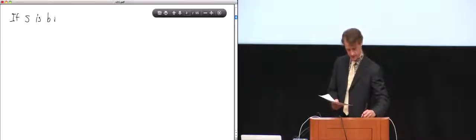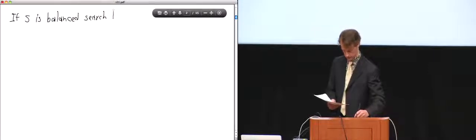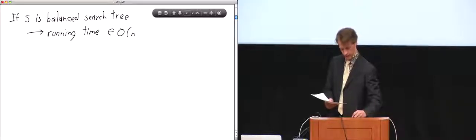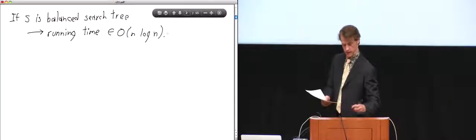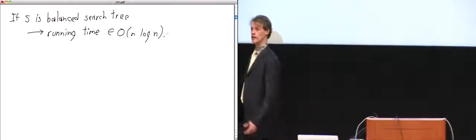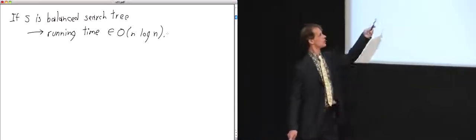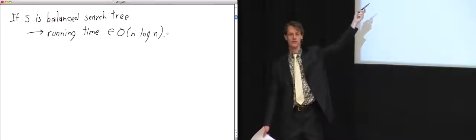One other thing I want to mention briefly about this sorting method is that you could imagine that S is not an array, but rather S is a balanced search tree, like a 2-3-4 tree. And if you did that, then the running time would actually be faster. The running time would now be in big O of n log n, because you can insert anything into a 2-3-4 tree in log n time. So by using a fancy data structure, suddenly you have a much faster version of insertion sort.